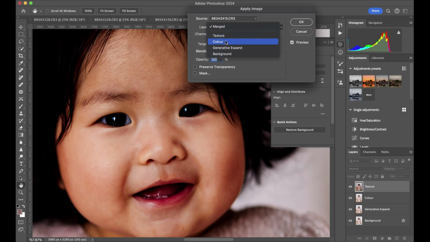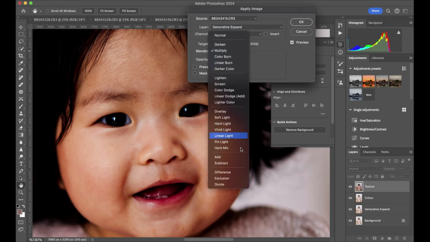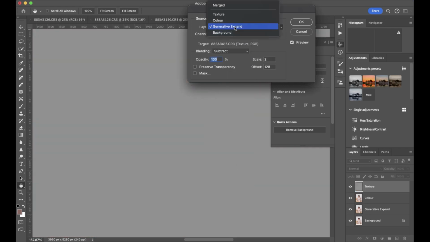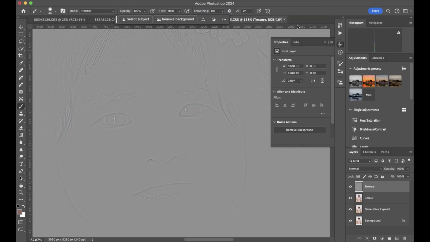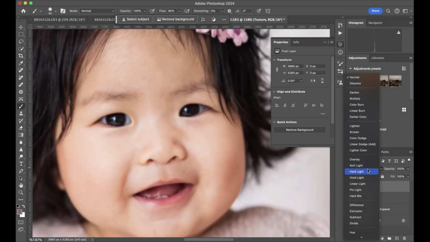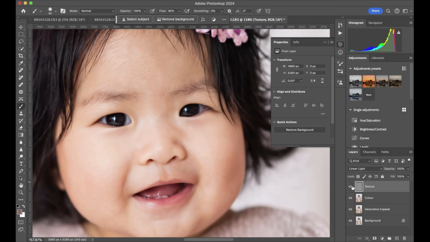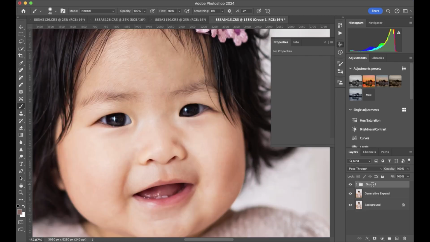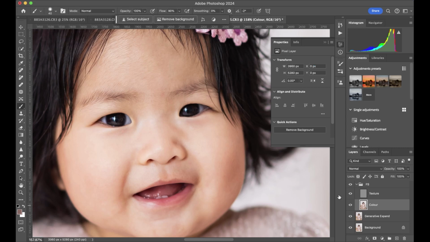So what I want to do, I want to apply where is this? Oh, sorry, that should be on subtract, and we want to apply the color, scale to offset 128, and now we just want to put it on linear light. So now if I group these and call them frequency separation, you can see that these two layers are identical. So let's work on the color